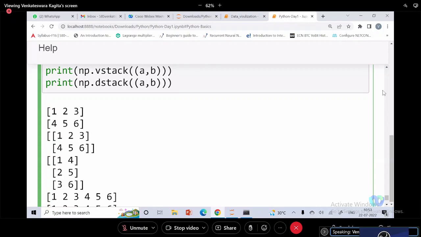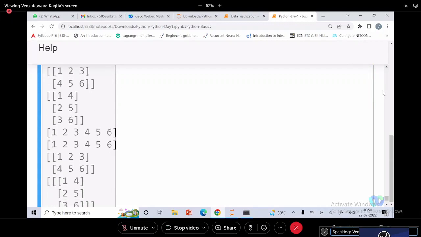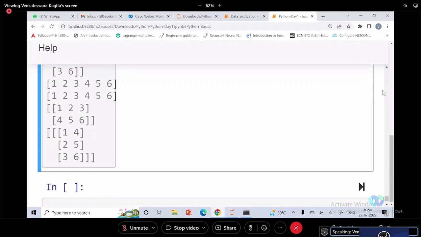Similarly, in concatenate also you can specify the axis equal to 0. It means it will just merge, then axis equal to 1, if it is a two-dimensional array, then it will stack them on a vertical basis. Right. So like this you can perform various ways that we can stack multiple numpy arrays together, right? The next one is